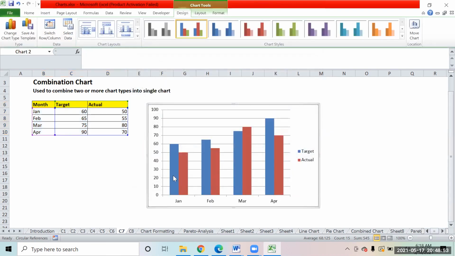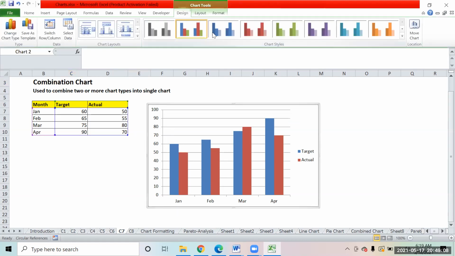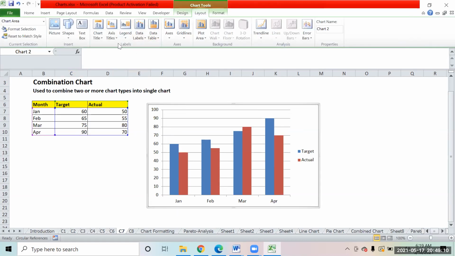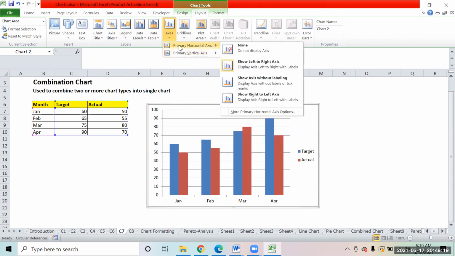So see, the idea of a combination chart is that you should have an axis on both sides. If you see right now, I have an axis only on one side. But now if I come on this chart and I come to the Layout and to the option of Axes, over here there is the primary vertical axis and the primary horizontal axis.